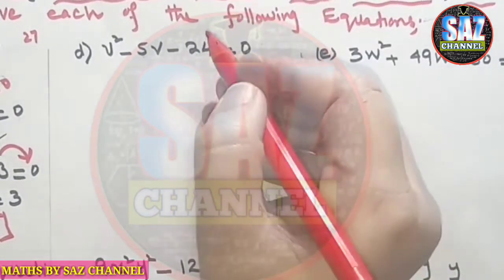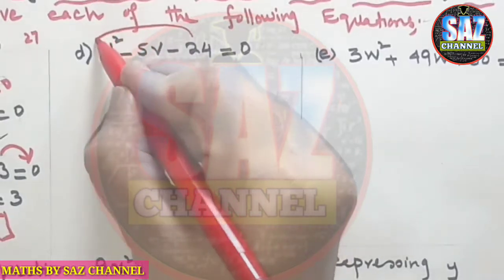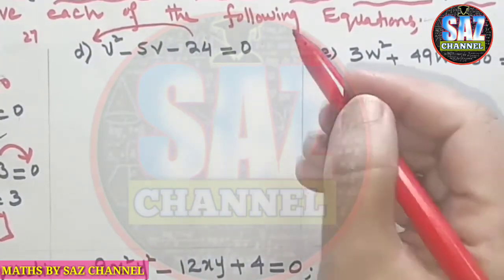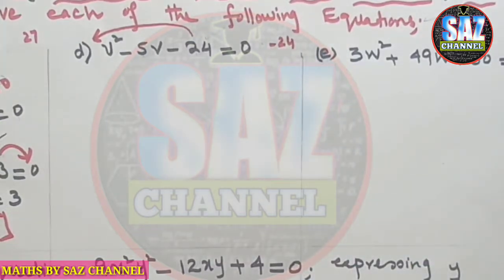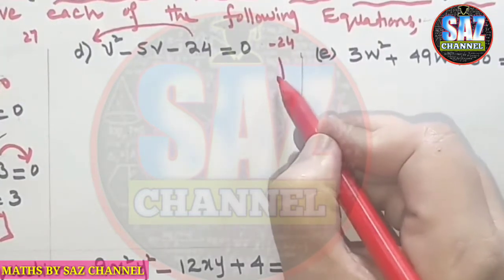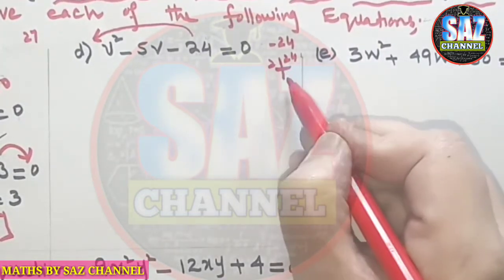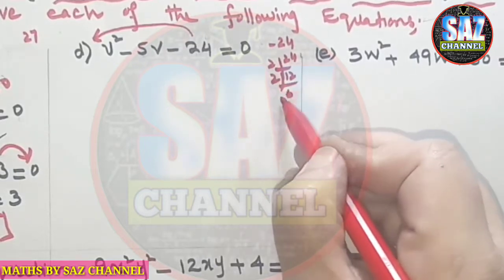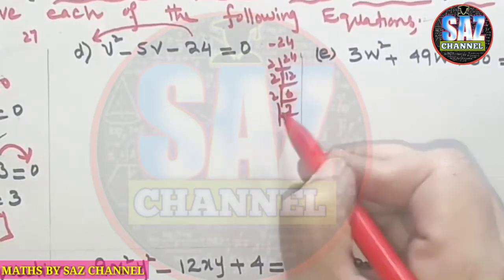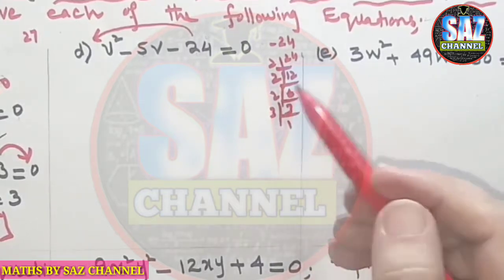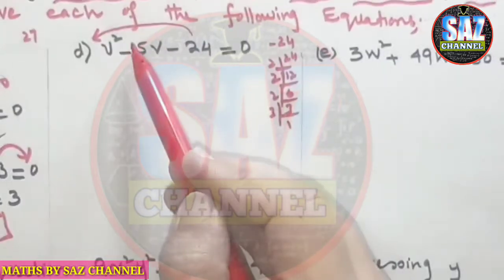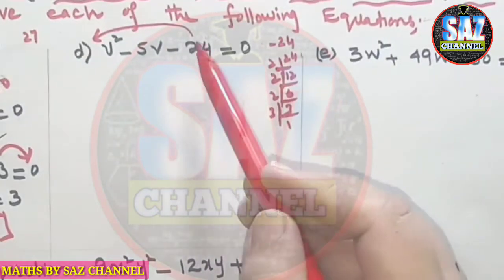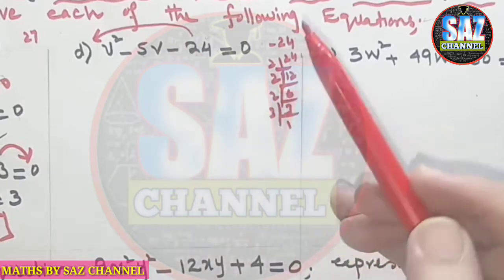According to that, I will be multiplying this constant with the coefficient of the term having power 2, and that product comes to 24 with a minus sign. Then I have to make the prime factors of this product, 24: 2 12s are, 2 6s are, 2 3s are, and 3 1s are. I have to set all these factors in such a way that when I'm adding or subtracting, I'm getting the middle term, and when I'm multiplying, I'm getting the product term, which is minus 24.